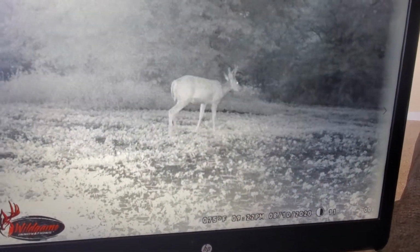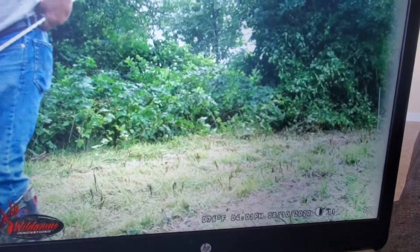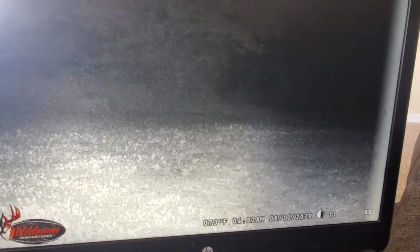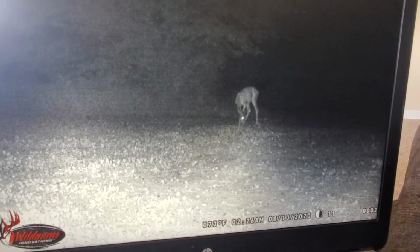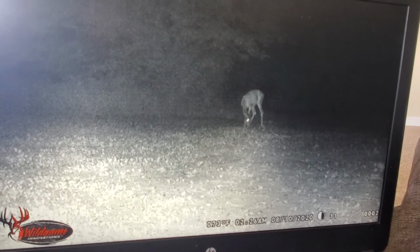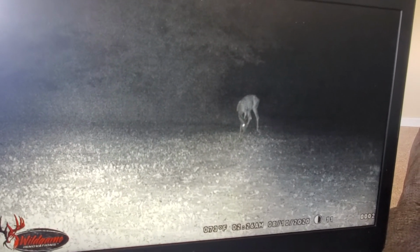I don't have it on this card, but I had a whole bunch of turkeys in there. They were up at the other end, all running in circles, and you could tell they were very nervous. They were inside the gate and inside the wire, and a couple of them flew out of there. A couple of them walked under, and I think their feathers are thick enough on their back that it doesn't bother them much, but I'm sure if they touch it with their neck or whatever,